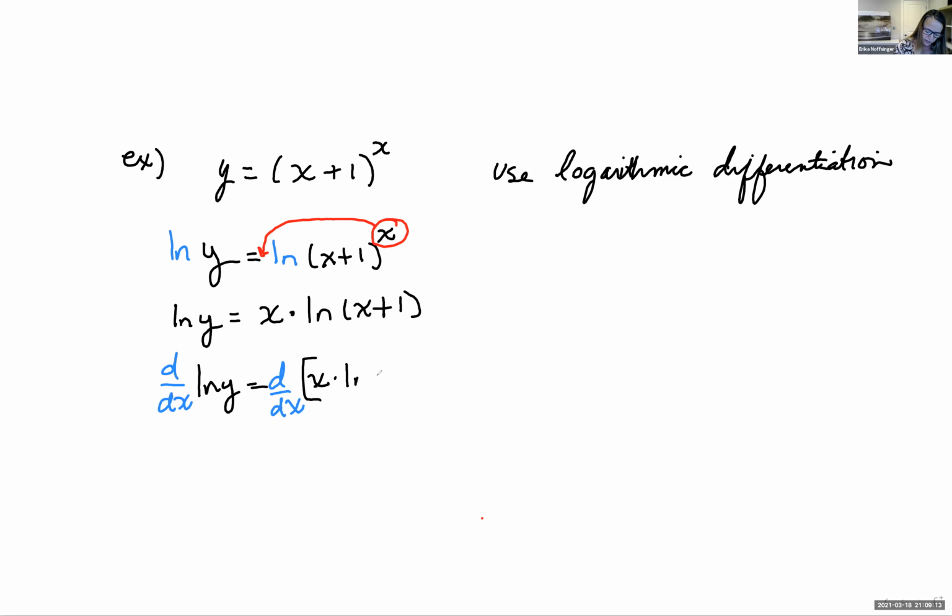But when we do this derivative on the right-hand side, we're going to have to use that product rule. Derivative of natural log of y, we're going to use the chain rule because y is a function of x. And so we're going to take the derivative of the natural log of y, and then we're going to just tack on dy dx. So derivative of natural log of y, that's just 1 over y times dy dx